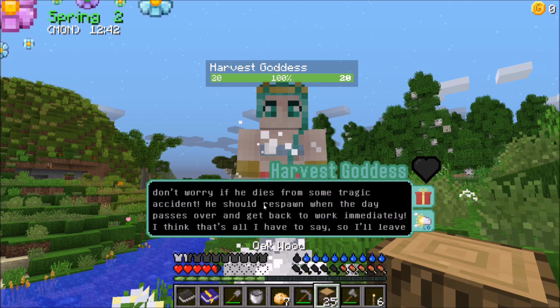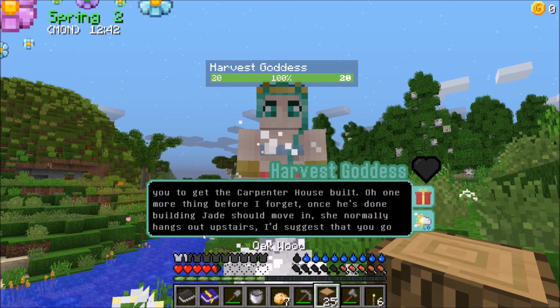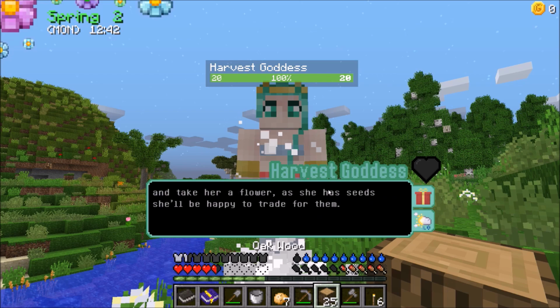Oh, and don't worry, if he dies in some tragic accident, he should respawn when the day passes over and get back to work immediately. I think that's all I have to say, so I'll leave you to get the carpenter house built. Oh, one more thing. Before I forget, once he's done building, Jade should move in. She normally hangs out upstairs. I'd suggest that you and,